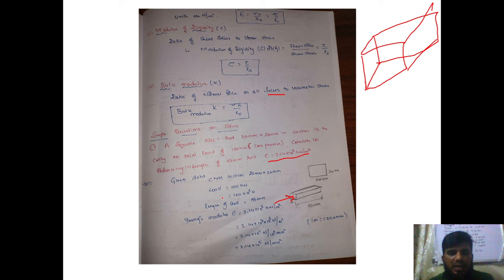First, they have given a cross section of 20 mm by 20 mm. With this we can find the area of the material. Next they have given us a load of 100 kilonewton. Whenever I say kilo, 1 kilo is 10 to the power of 3, that is 1000 newton. Next is the length of the rod. They have given the length of the rod as 50 mm, so we will take it as 50 mm. Keep it in mm, don't try to change it, because your variations will mostly be in mm. If you convert to meters, you have to convert back to millimeters again. So keep it as it is.